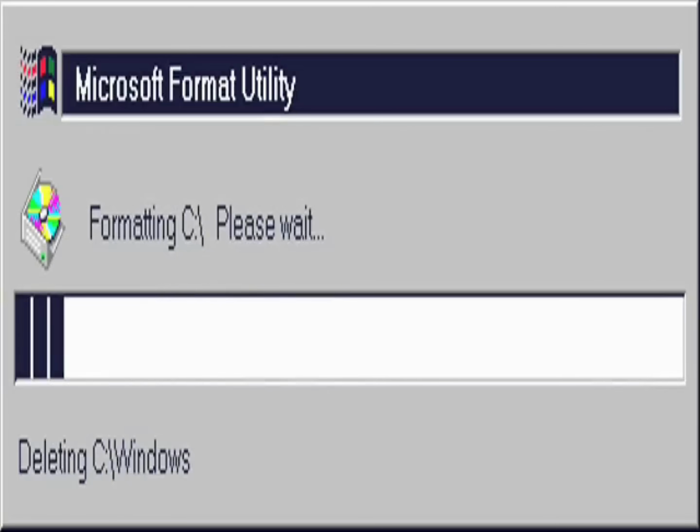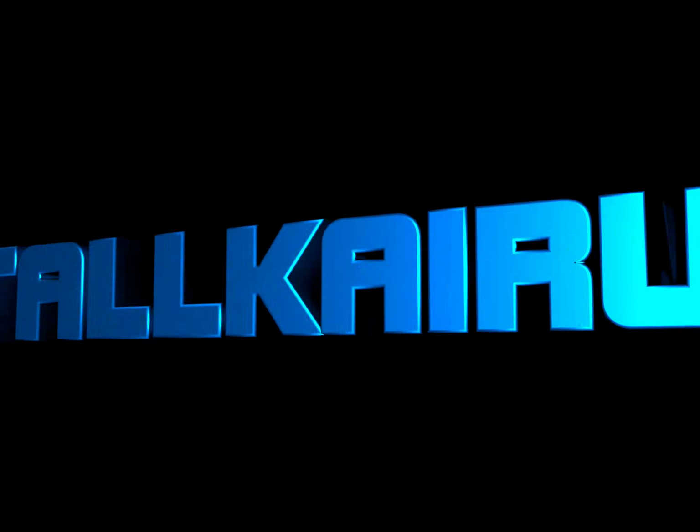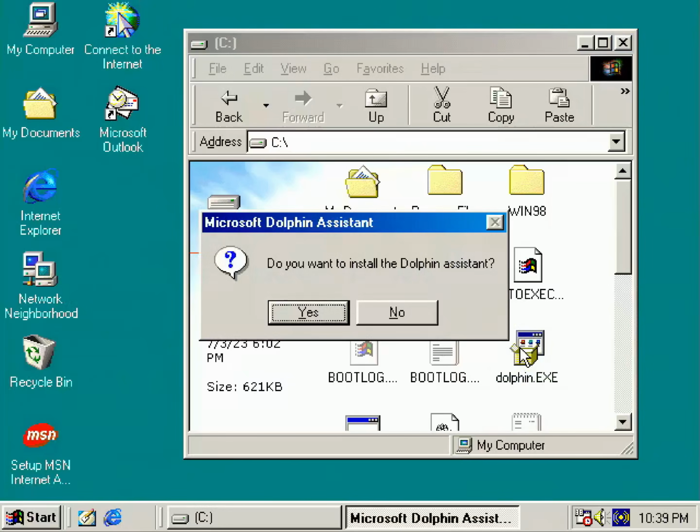Office 97. How to install Kairu the Dolphin. An official installer was made